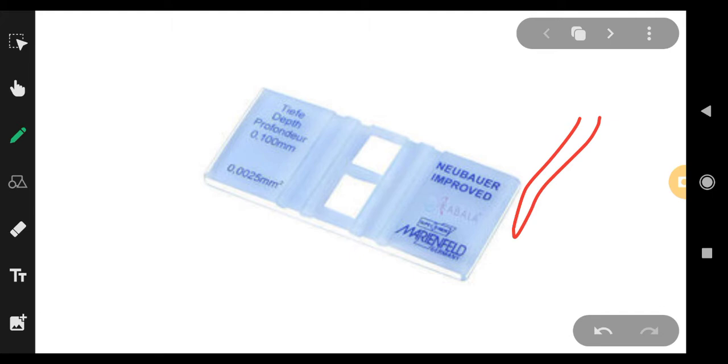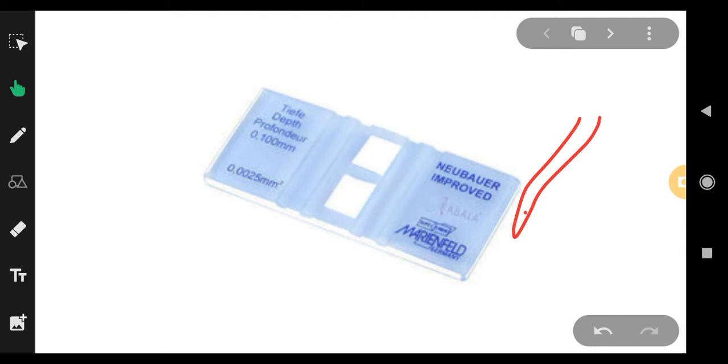you collect that sample in a micropipette or a capillary, and you place the capillary here. Okay. So what happens is, due to capillary action, the solution will automatically start filling this space. If by mistake more fluid enters, then it will fall in these cavities which are on the side. Okay, it will fall there, but there will be an even distribution of solution in these two boxes. On this you will place the cover slip.